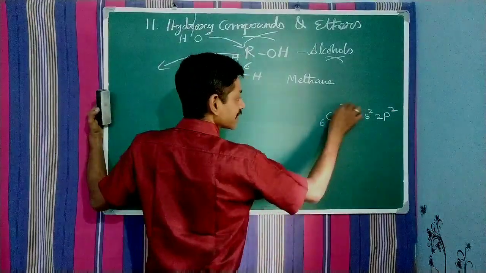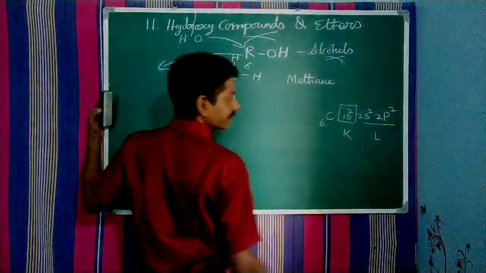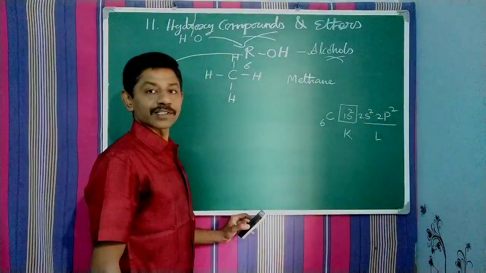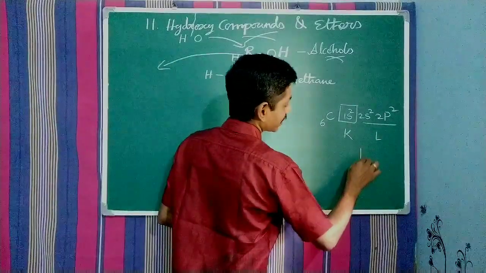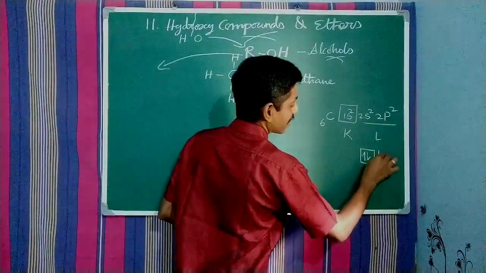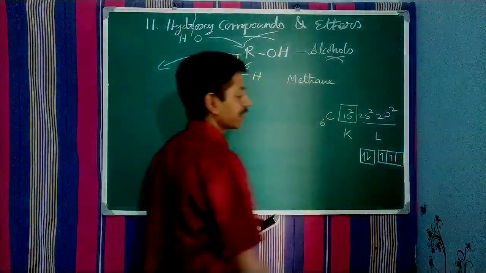That is, this is K shell and this is L shell. So the outermost shell carries 4 electrons. If you elaborate it, in the s orbital we have 2 electrons, and in the p orbital 2 unpaired electrons are